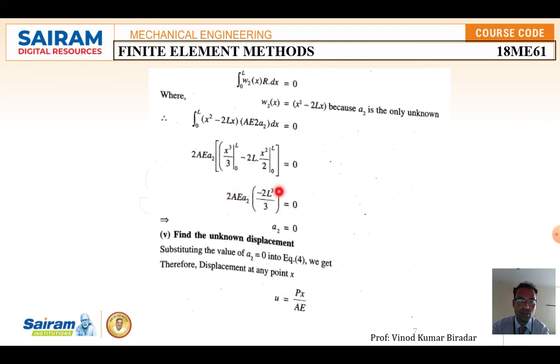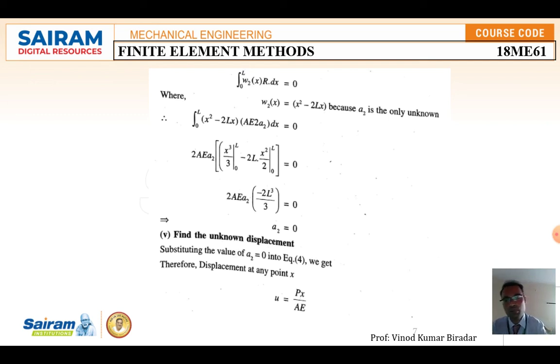These are all constants only. So substitute a2 is equal to 0. The last step is to find the unknown displacement. Substitute the value of a2 is equal to 0 in equation number 4. So finally we are going to get u is equal to px by ae. We already calculated this equation before. So u is equal to px by ae is the displacement at point x in the given beam. Like that you have to calculate the deflection or displacement by the Galerkin formula